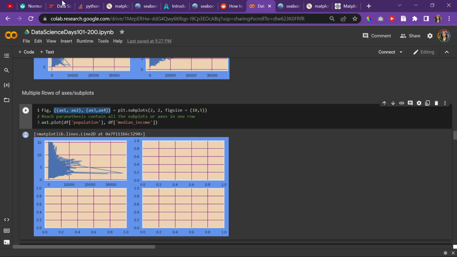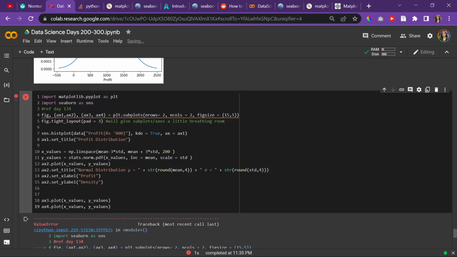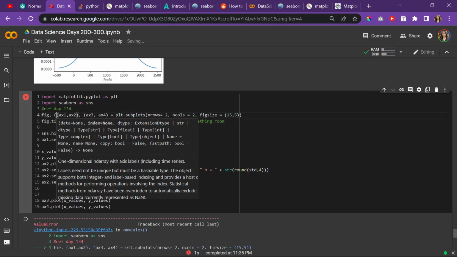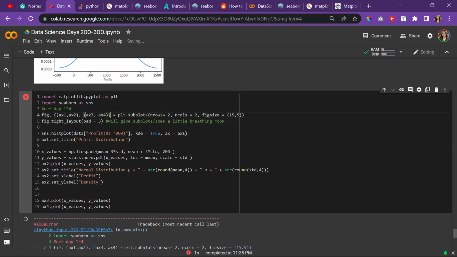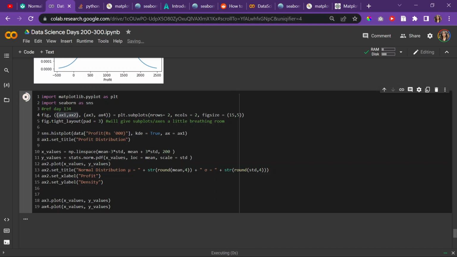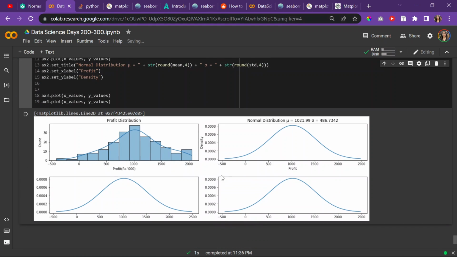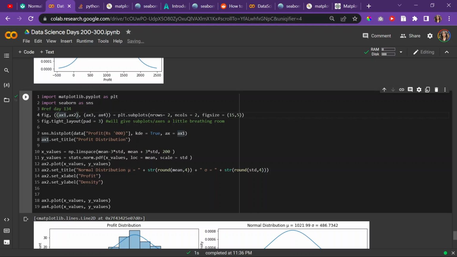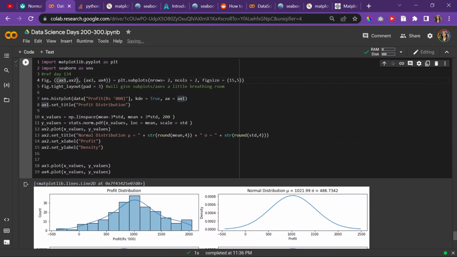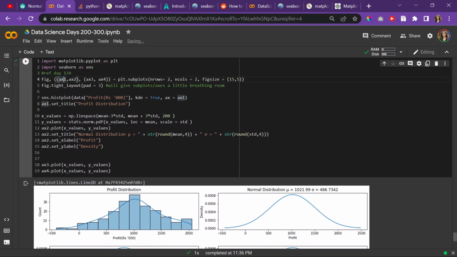So yeah, it turns out I only forgot one thing, is that they all have to be within one parenthesis, so it represents the entire figure. And basically for each row you have to label your axes. So if I run this, it should work now, and you should have 4 now, right? So that's the difference. When you have multiple rows, first of all, in parentheses, you want to have a pair of parentheses for each